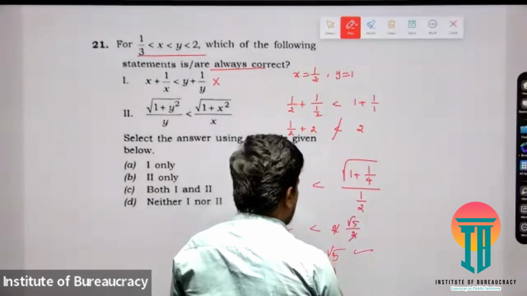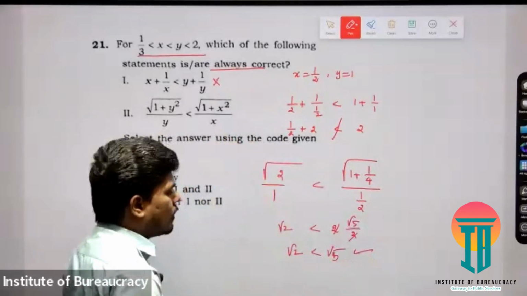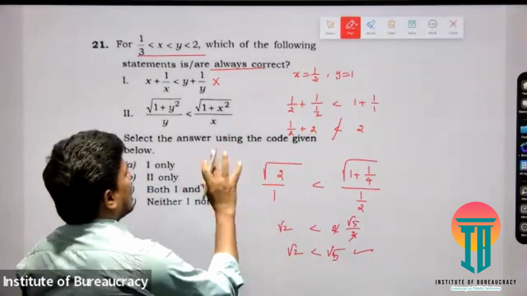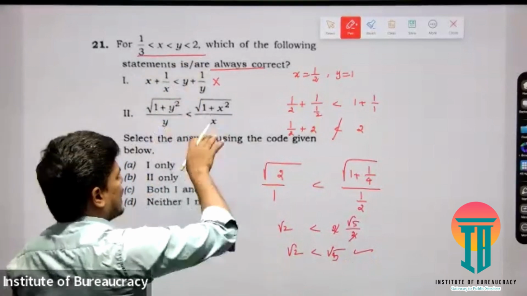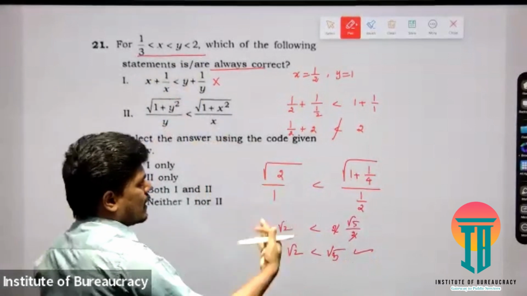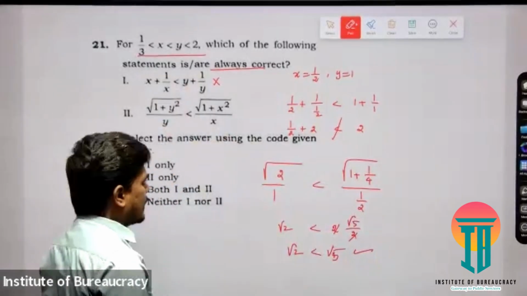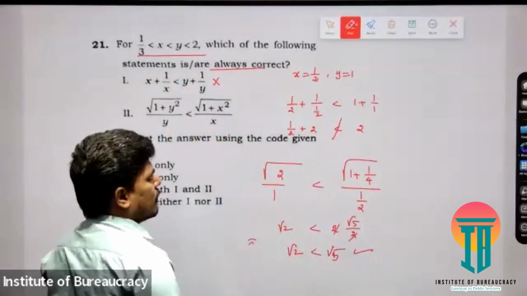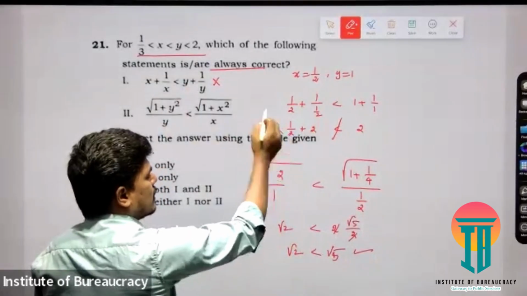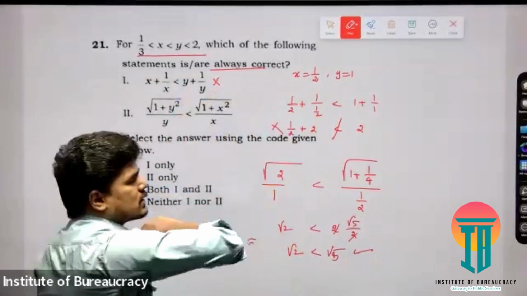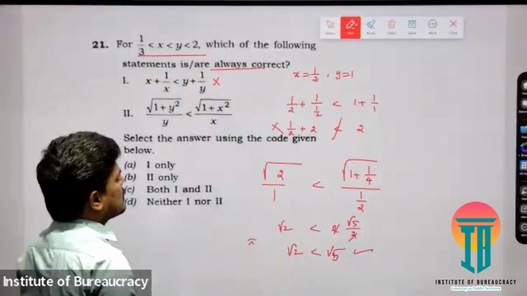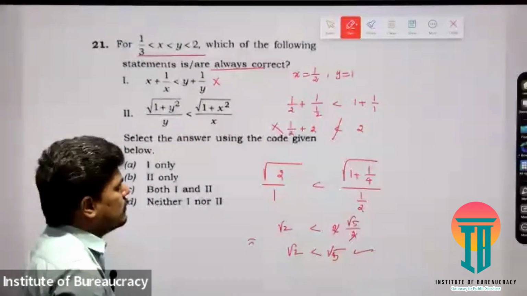So for a particular case, this is true, but we need it to be true always. So if you take any number in between, this will be satisfying. We cannot check all the numbers at a time. Therefore, what we have to think? For a particular case, it works. For here, a particular case, it is not working. Therefore, we can certainly say it is not true always. Here, for a particular case, it works. Now, how do you say this is true always? We have to try